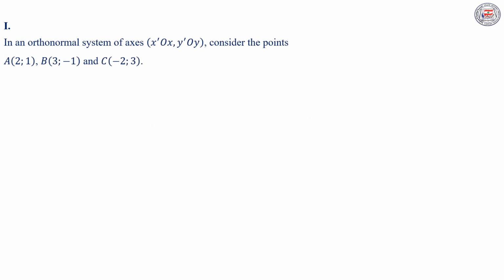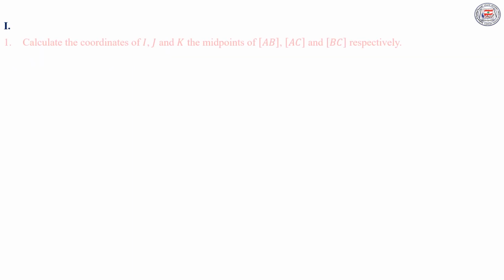Please open your books on page 45 in order to solve exercises 1 and 2. In exercise number 1, in an orthonormal system of axes x'Ox, y'Oy, consider the points A(2, 1), B(3, -1), and C(-2, 3). In part 1, we have to calculate the coordinates of I, J, and K, the midpoints of AB, AC, and